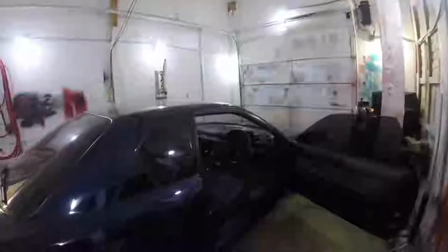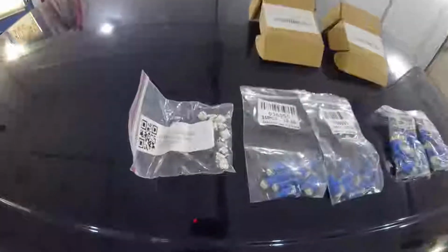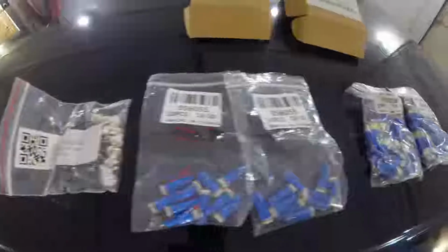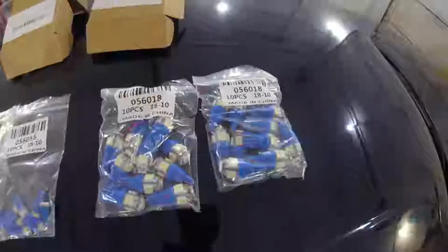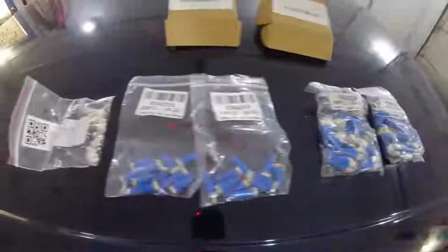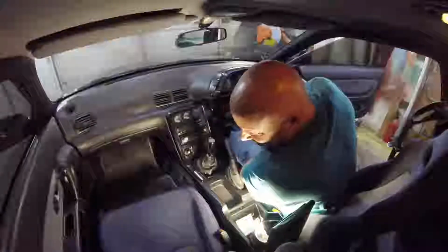But for today, we're going to be, like I said, doing the Skyline. So let's get into that. What I have for the ice blue LEDs are those T3s, the T5s, and the T10s. And those hopefully will be all I'll need for everything. Of course, you buy more than you need anywhere. All right, so